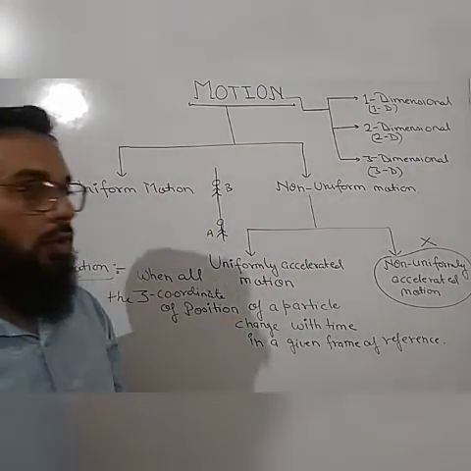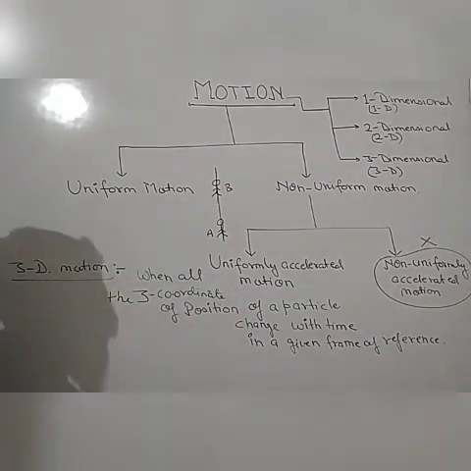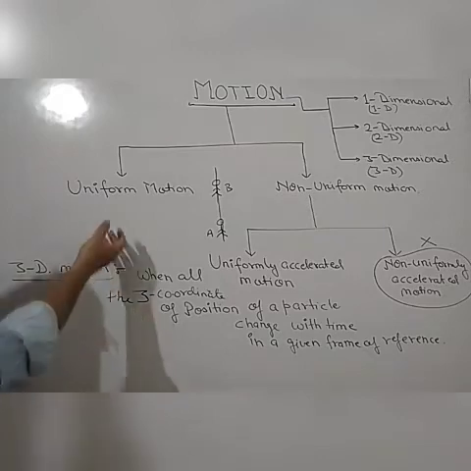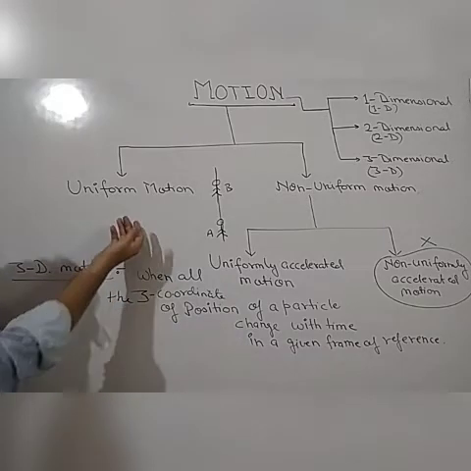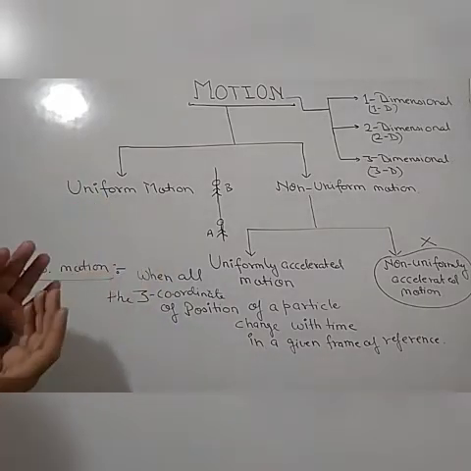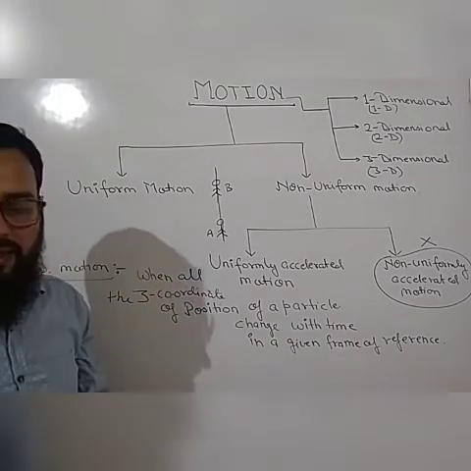Clear? Because the xy axes are like our floor, or like this board. If we consider this board, this part of the board is considered as the x-axis, this part of the board is considered as the y-axis, and everything outside this board will be considered as the z-axis.